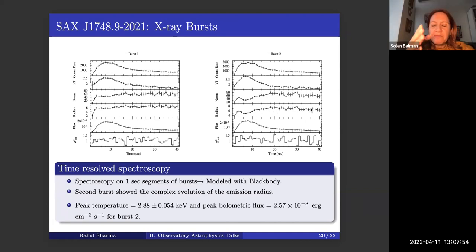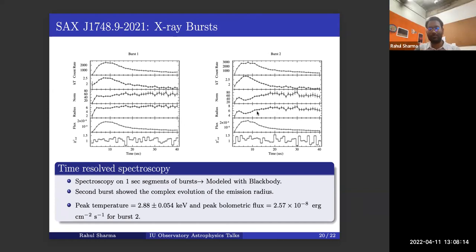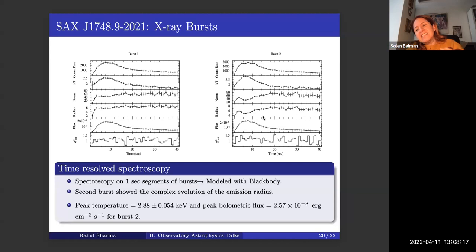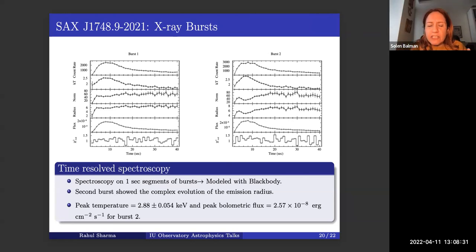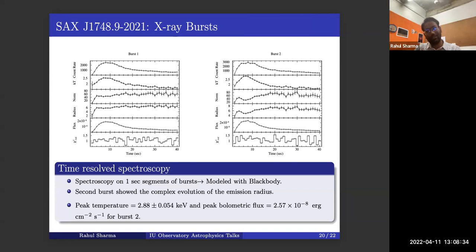See, what I see in the evolution is that what you expect from the temperature is that it gets hot and then cools over time. So that's something regular. But what I see from the radius is that it does a wiggle, and then it expands a bit again and stays like that. It then tends to go down a bit, but then it looks to me as if the radius expands and stays bloated. I would think that it should contract a bit at the end, or maybe not.